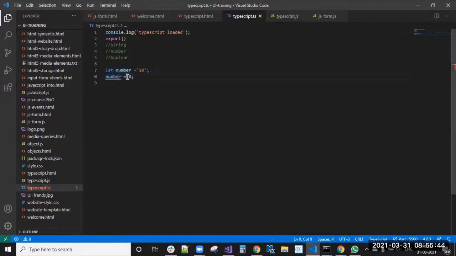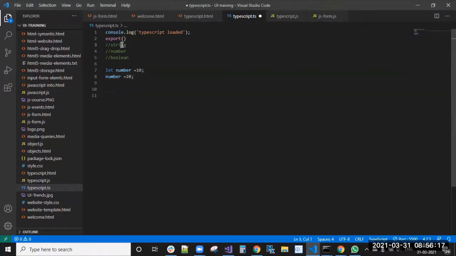So here I can redeclare using 20. Okay, I will not get an error because 20 is a string now, string 20 only, right? If I change string to number, then it will show you an error. Okay, number 10 and number 20. So this is the typed language. This is the typed language means a strictly typed language. TypeScript is a strictly typed language.